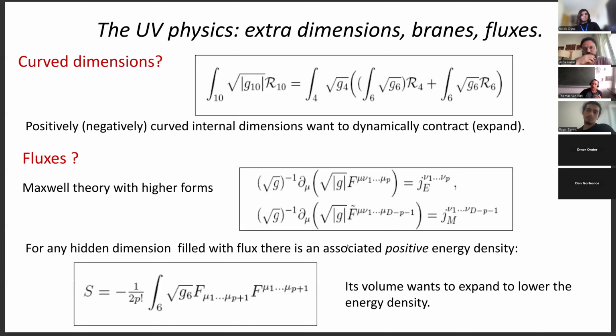So now this already gives you a flavor of how to build a vacuum, right? One simple example I can intuitively contemplate: I have extra dimensions which are a sphere. That sphere wants to collapse under its own weight, but now I fill it with fluxes, which want to expand the sphere, and these two forces can find a balance. That's the easiest way to find a vacuum, and these vacua are known as Freund-Rubin.